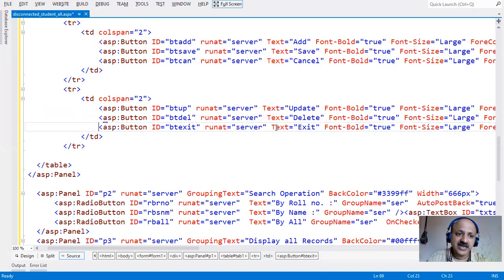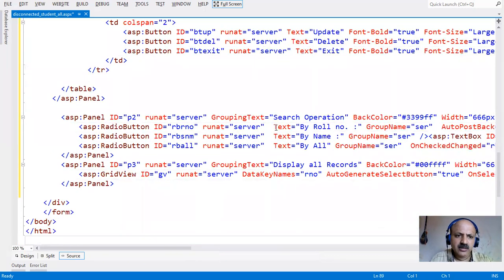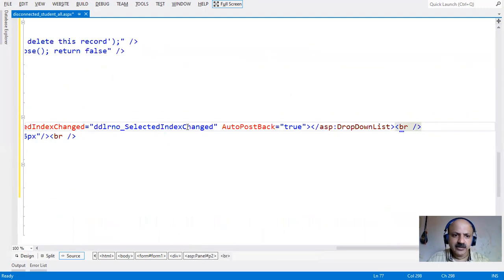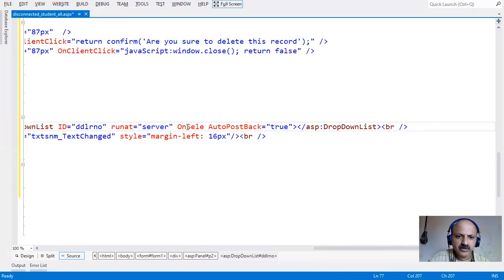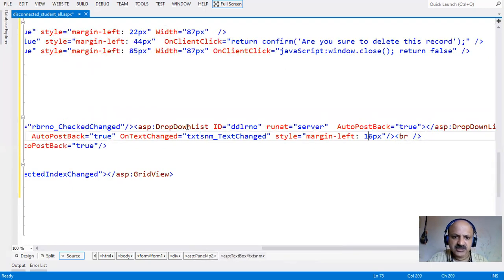So we can just copy my connected architecture demo. That is disconnected, and we can use five fields of student: roll number, name, gender, standard, and hobbies. And for hobby we can change, and use a checkbox list control in this session. And now there is a search panel, roll number wise, name wise search, and all. So name wise, here we can take the drop down, but I just removed the select index change. We can take new, but in previous we have to copy, so I just removed that, and also removed the text box text change event.